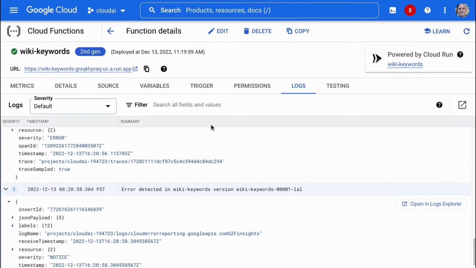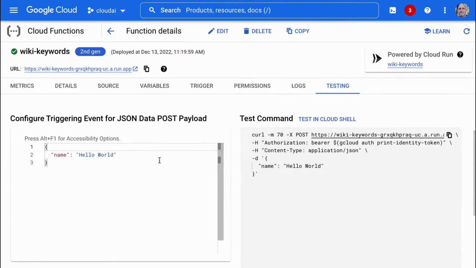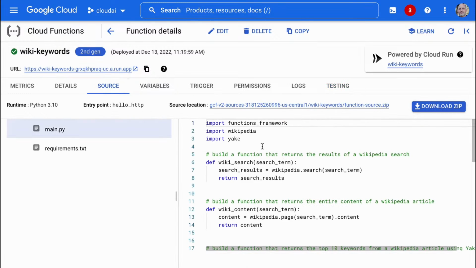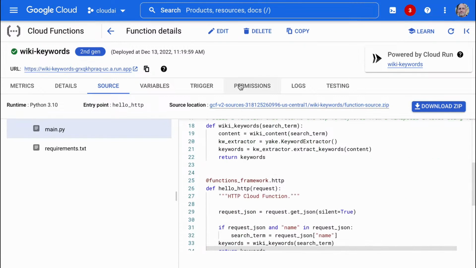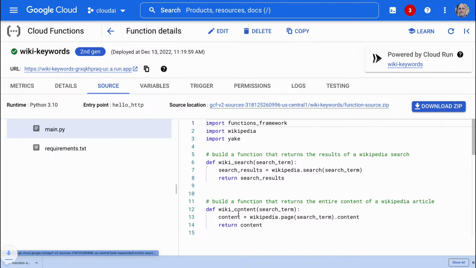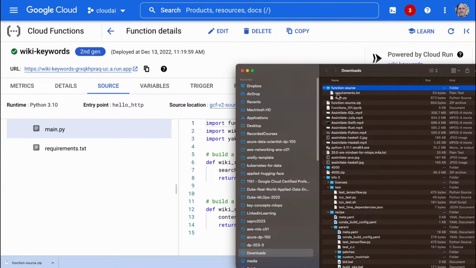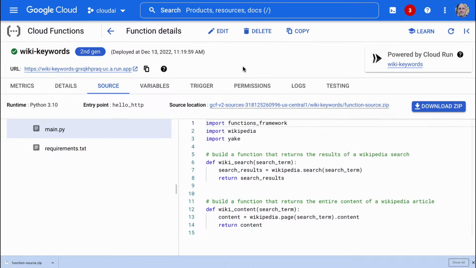It's not giving me good logs here. It's a little bit tricky to figure out. So maybe this is too complex. This might be too complex of a script to just throw in there. We could download it though, and I'm just curious if I download it, what it will give me. It just downloads the file. So let's try to get it running locally then.